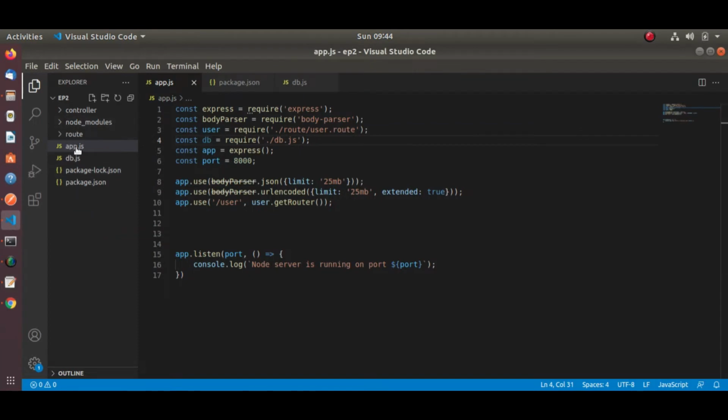First create one model directory. So I created model. Inside it, let's create the user model, user.model.js.